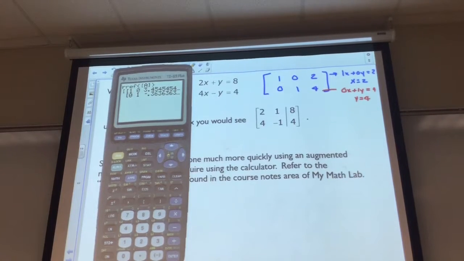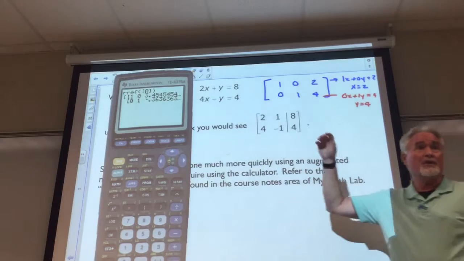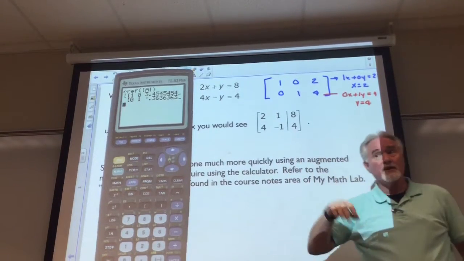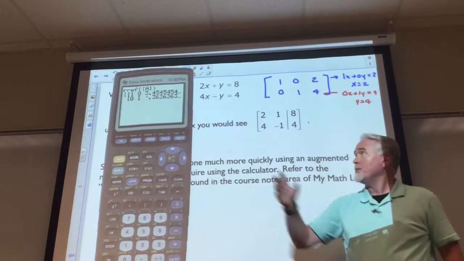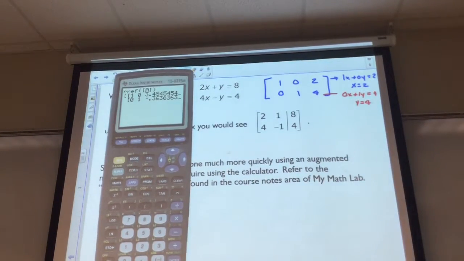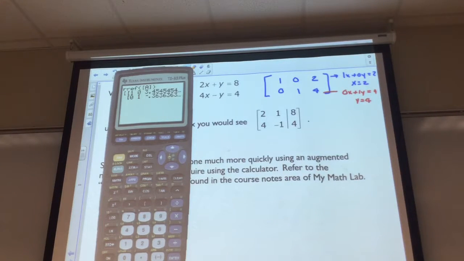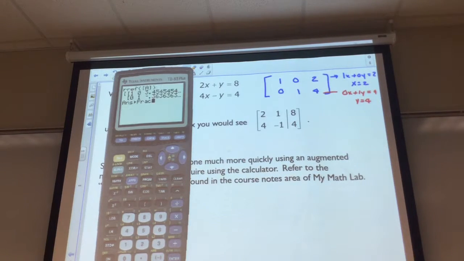Now, this will happen to you somewhere along the line. I know at least one problem in the exercise sets is going to give you an answer that has a fraction in it. Not very many of them have fractions in them, but this one's not too pretty. So remember that math 1 operation that we had that converted a regular decimal into a fraction, can also be applied to this. So if we were to do math 1 and tack that onto the end of the answer, or if we'd have put it at the end of the reduced row echelon before we entered it,